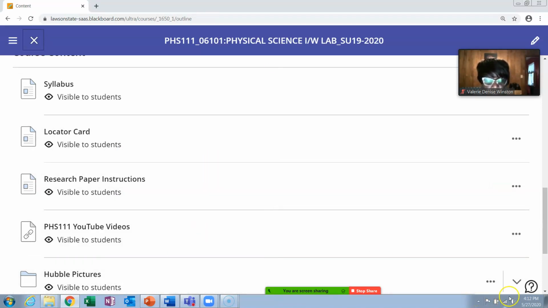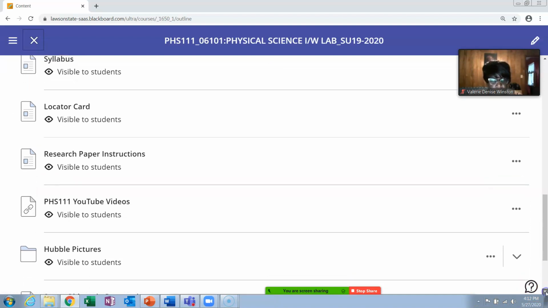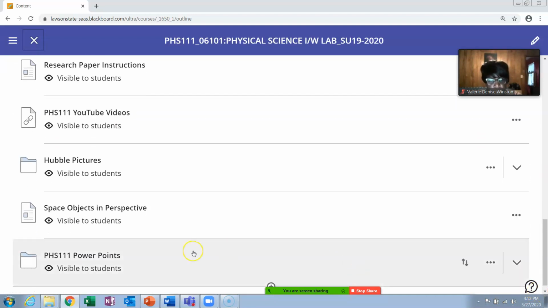Okay, now, this next thing is something that a student sent me many terms ago. These are pictures from the Hubble Space Telescope. We'll be talking about who in the world Edwin Hubble was. He could be a research paper topic. We'll be talking about the Hubble Space Telescope. That could be a research topic. It's a very interesting story with that.